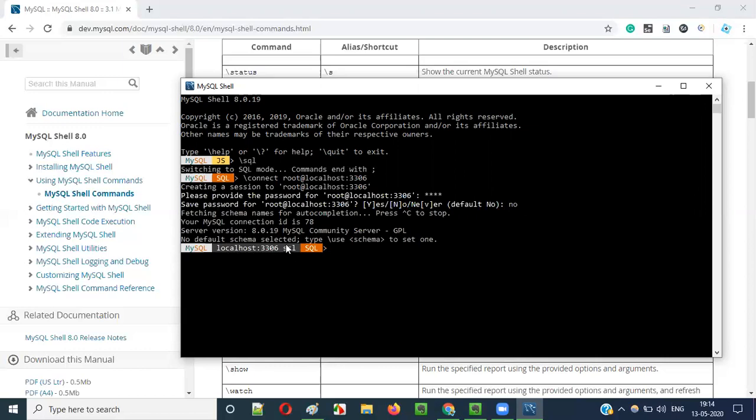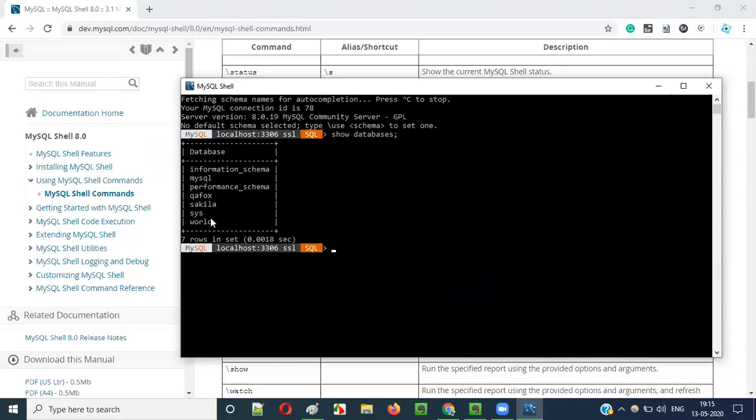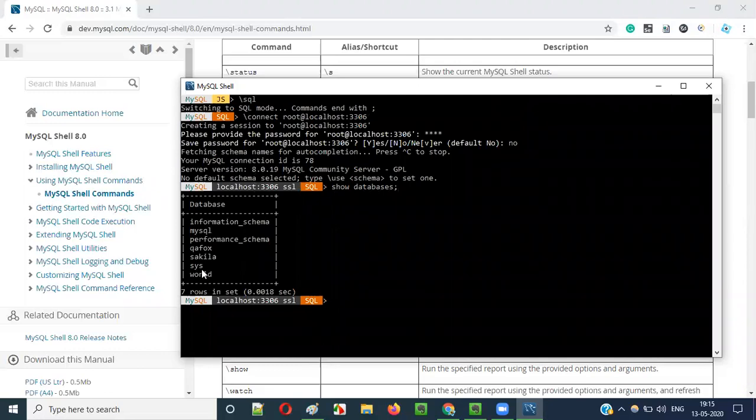Now here you see SSL is there. We have not selected any database here. But I want to find out how many databases are there in this MySQL server on my machine. For that, you have to say show databases. You already know how to use these commands, right? In the previous videos I explained all these SQL commands. Show databases will display the list of databases that are in this MySQL server. Run this. The list of databases in the MySQL server will be displayed here. And here, I would like to select this QFox database.